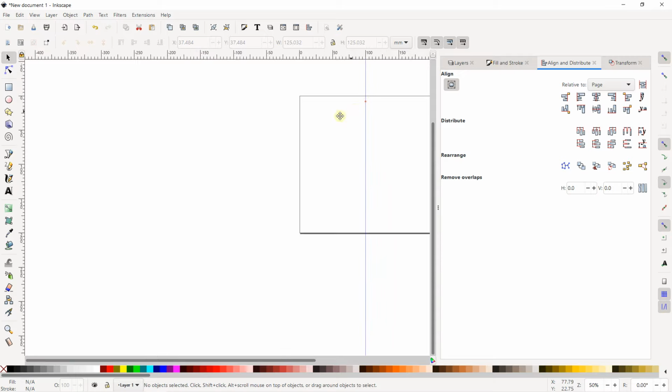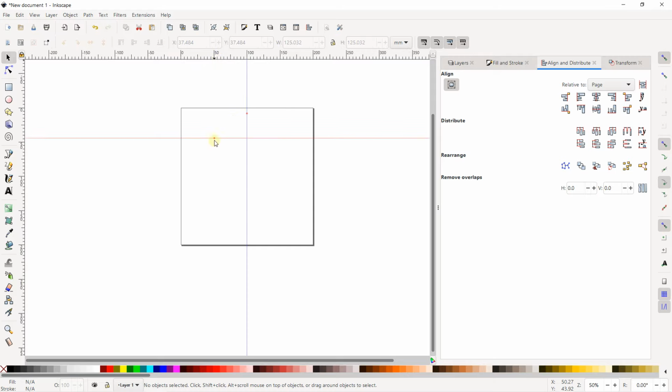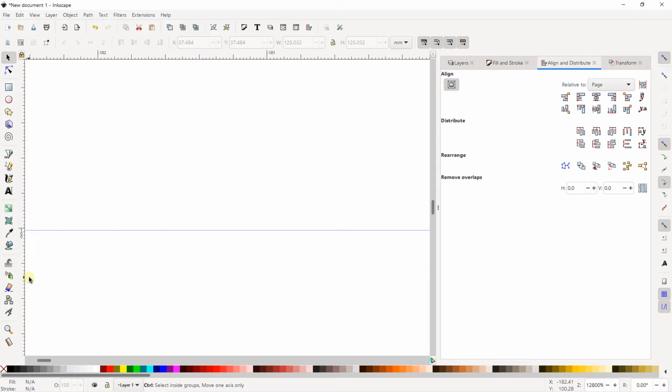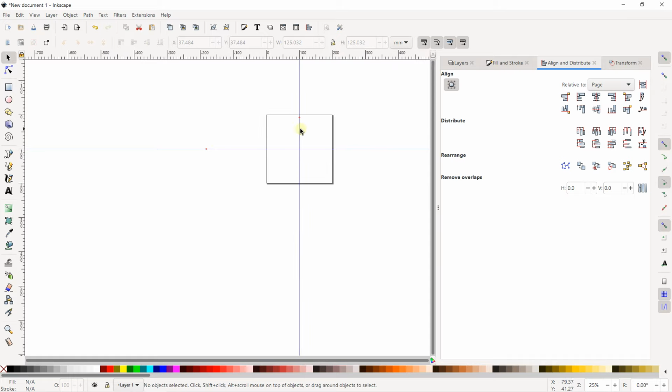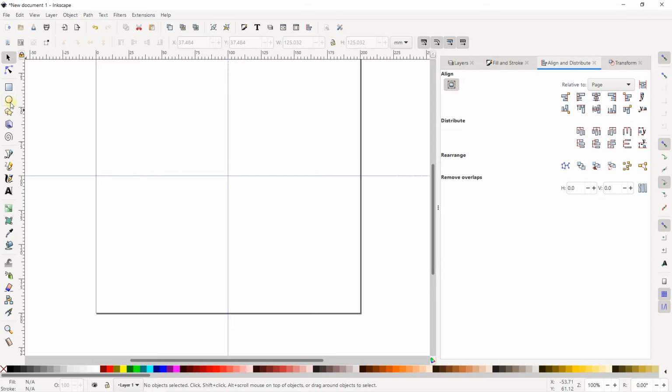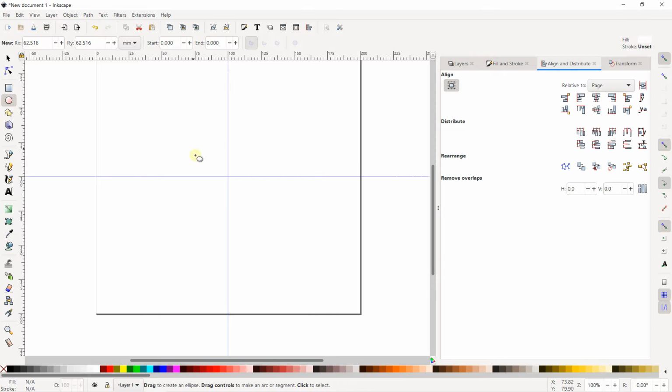After doing this, I can position my guide also horizontally, and pull at 100 millimeters. One more time, I can zoom on this area. Zoom, zoom, zoom, and just position exactly here. What does it mean? It means that I have the center. You can go on the right, take a glance at the snapping options, and you have snapping to guide. I can create a circle, use my circle tool, go here, and if you just left click, you can snap here, and you can create a circle.